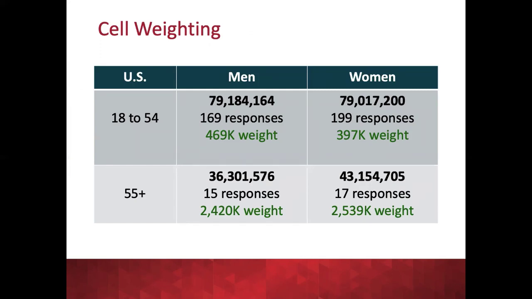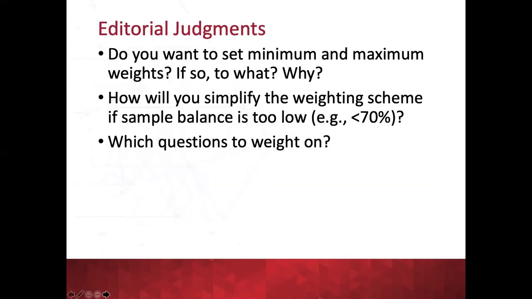Sometimes people will apply a weight so that they can extrapolate right from the survey to the target population, which is what was done in this case, so that each respondent equals 469,000 U.S. men, 18 to 54. And in this case, you can see that we really don't have enough 55 plus to be proportional. So too often it's shown as, okay, here's the math, you do the math and you're good. Well, there are lots of questions that are really more of an editorial process. And it turns out as you get into the academic literature, there aren't recommendations. There's just sort of best practices and things that people do.